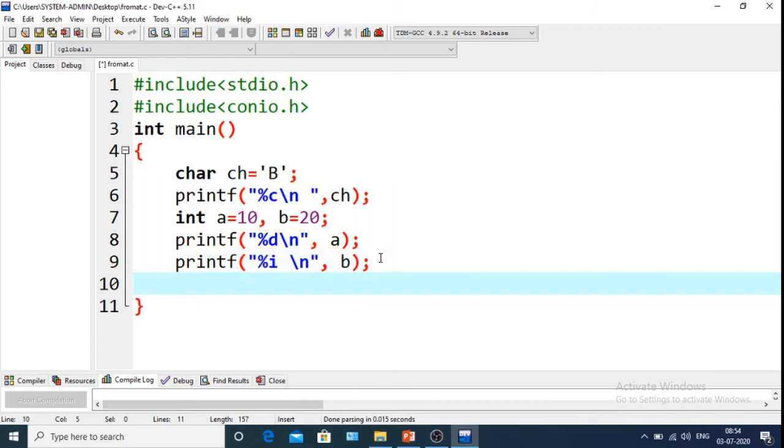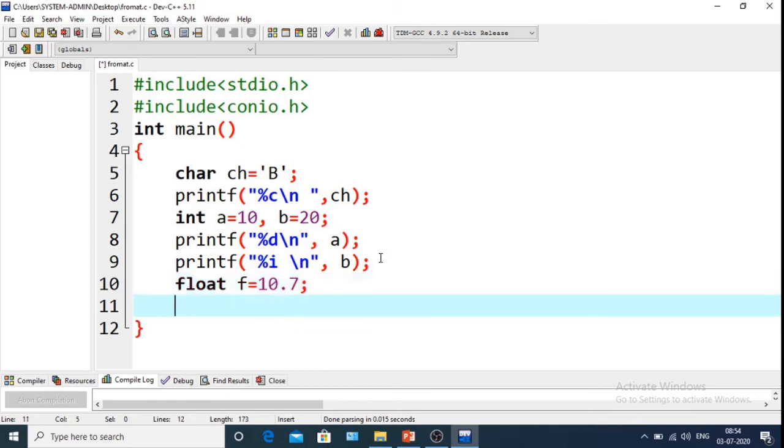Next, print a float value. float f equals, suppose, 10.7. So print f, %f for float, comma f.